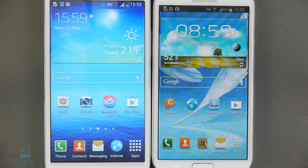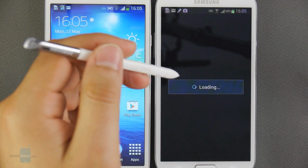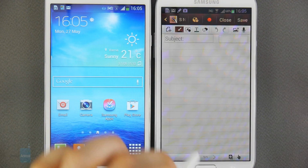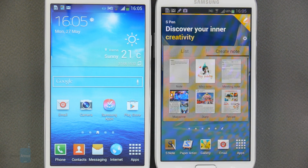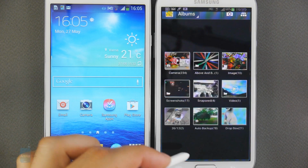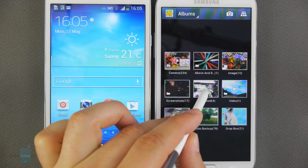multi-window mode, and more. But the Samsung Galaxy Note 2 has a trick up its sleeve called S Pen. This is an advanced, touchscreen optimized stylus which is sensitive to pressure. It makes taking down quick notes a pleasure, and it even has a few cool functions implemented throughout the interface. For example, when you open up the gallery, you can preview folders and albums just by hovering the S Pen